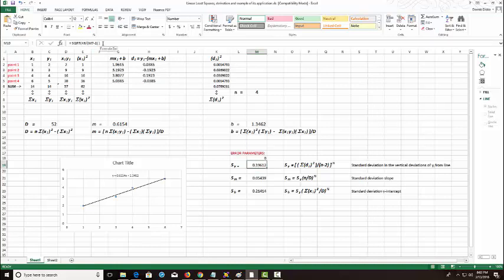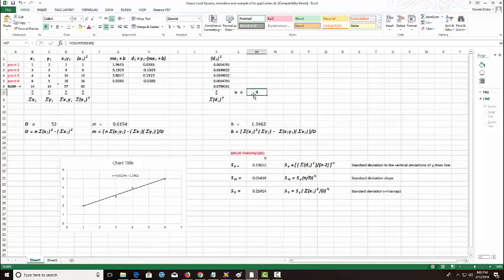There's the formula that does that, using our built-in square root function, the square root of the quantity K6. That's right here. That's the sum of the squares of the vertical deviations. It's going to be in our numerator. And our denominator, excuse me, I'm sorry, our denominator is given by M7 minus 2. The value in M7,